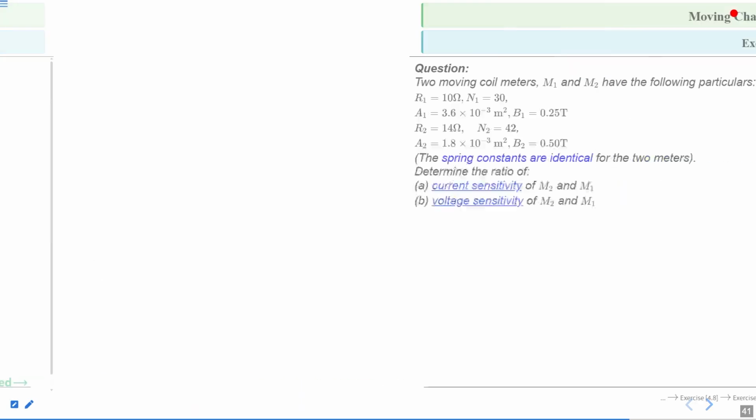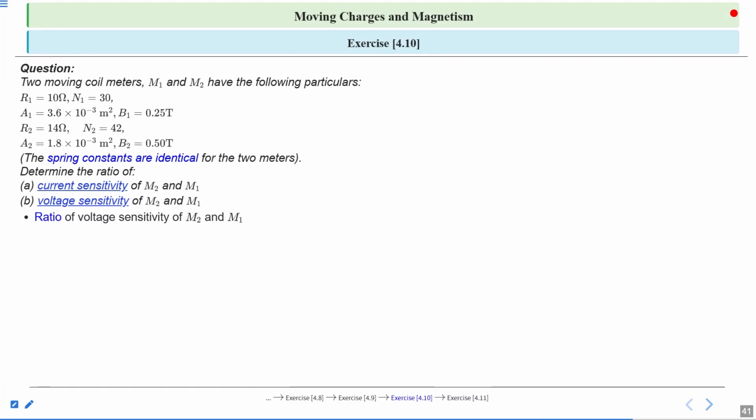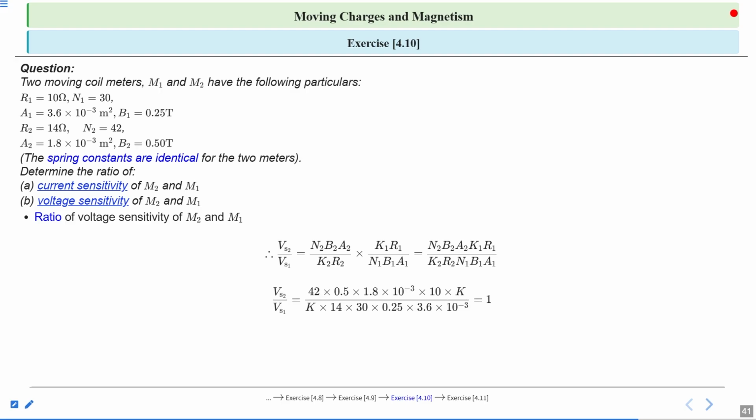Okay. Now we will take the ratio. So ratio of voltage sensitivity of M2 and M1, Vs2 upon Vs1. Vs2 is N2 B2 A2 upon K2 R2, divided by Vs1, which is N1 B1 A1 upon K1 R1. Since it is in the denominator, the expression will get reversed. After simplifying, it will result in N2 B2 A2 K1 R1 upon K2 R2 N1 B1 A1. Now again K1 and K2 are equal, so they will get cancelled out, and after putting all the values,